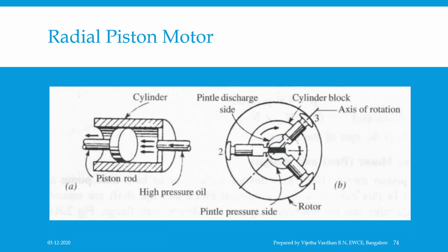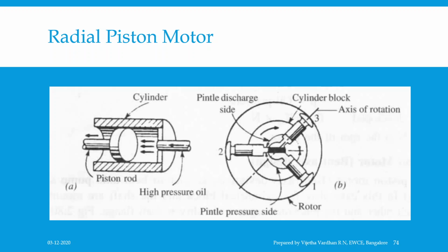In radial piston motors, the pistons reciprocate radially, or perpendicular to the axis of the output shaft, where figure A shows the basic principle of operation of the radial piston motor. Radial piston motors are low speed and high torque motors. Upon working, when high pressure oil is introduced into the cylinder, the piston will be pushed outward. Because of this action, the cylinder block containing the pistons will rotate, and hence the output shaft of the motor connected